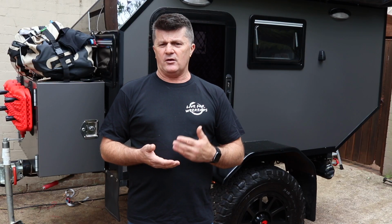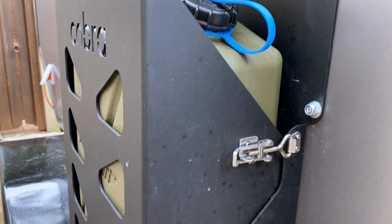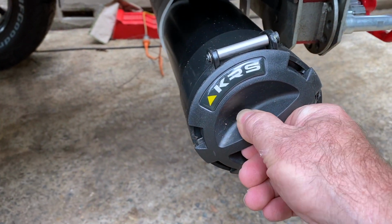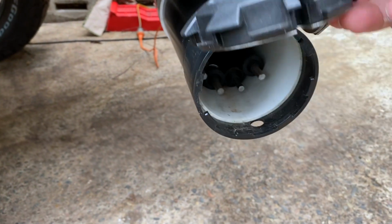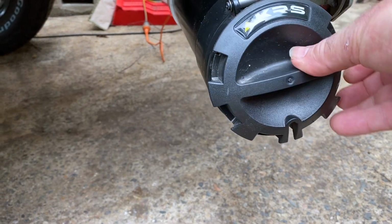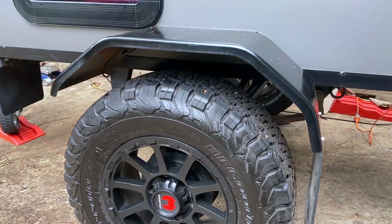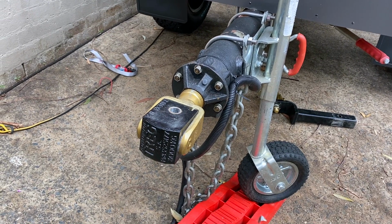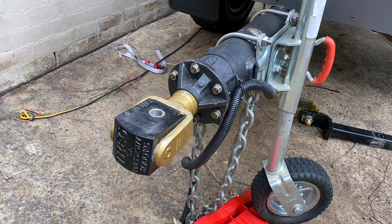The leaf spring kit, I bought a cheap leaf spring kit to get some leaves out because some of the leaves in the Army springs were a bit past their use by date. They were $110. The jerry can holder, that was $280. The bazooka end caps for the tube where I put the awning poles in, they were $96. The wheels and tyres were $950, and the Treg hitch that I changed over the pintle hook for was $460,